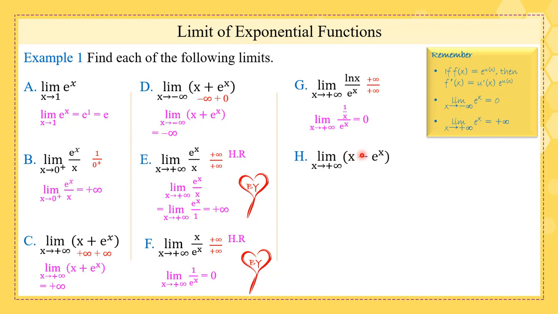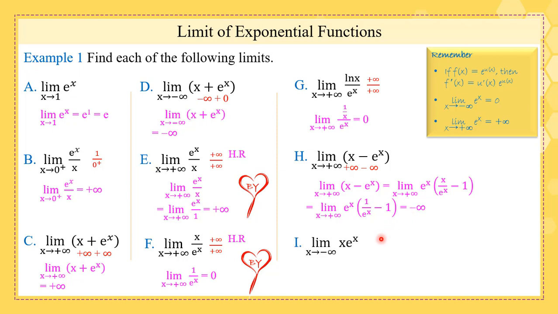Now, what is the limit of x minus e^x as x tends to plus infinity? By substitution, we get plus infinity minus infinity, and in such a case, we take a common factor. Here, we either take x or e^x as a common factor. Now, what I did here is that I took e^x in common. I get e^x times (x over e^x minus 1). Remember, x over e^x becomes such a fraction. Now, we apply L'Hopital's rule for this fraction. We get 1 over e^x, and then after substitution, we get minus infinity.